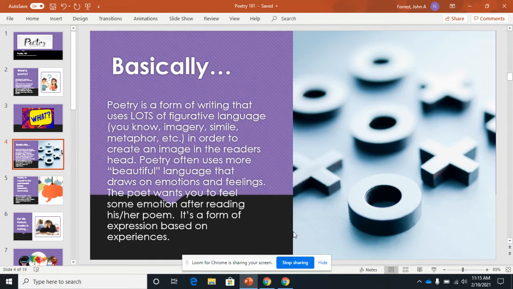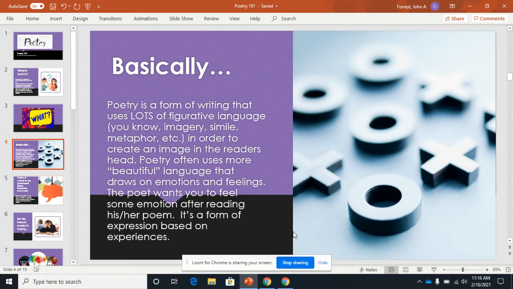imagery, simile, metaphor, personification. Those things where they really want to paint a mental image in your head. And they use this figurative language to, again, create an image in the reader's head. And the language is usually considered more beautiful or more musical than regular fictional writing, right? And it draws on emotions and feelings. The poet wants you to feel some sort of emotion after reading their poem, and it's a form of expression